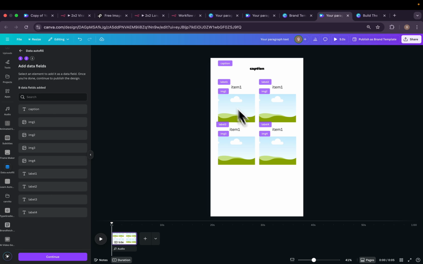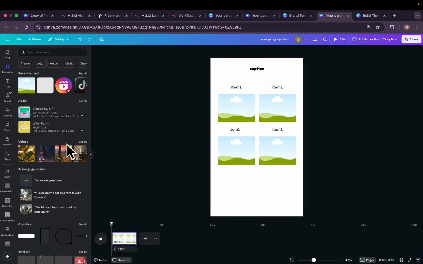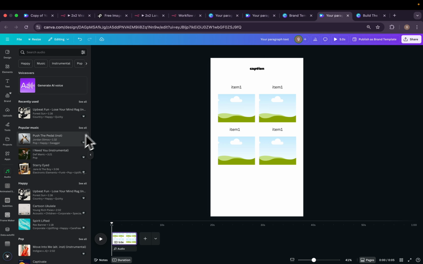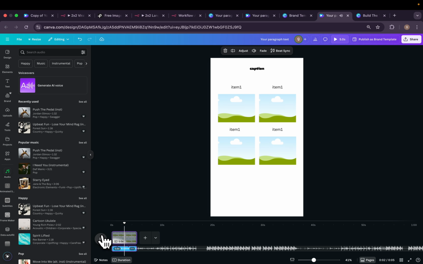All right, now I just finished making my data fields and they are all complete. Now you can go ahead and customize your Canva brand template. You can add your logo. You just need to come here on uploads and upload it and place it here. You can change the animation as we saw. You can add different tools and basically you can go ahead and do it and let me know if you have any problem. Now after doing it, also you can add some background music. Basically what you just need to do is drag and drop it here and make it start, and if you play it,